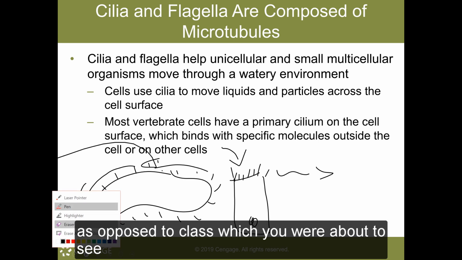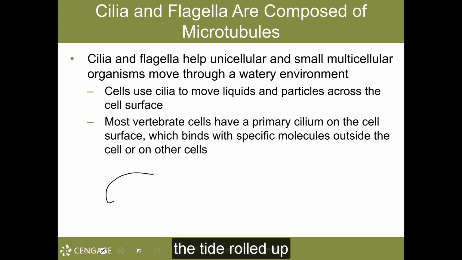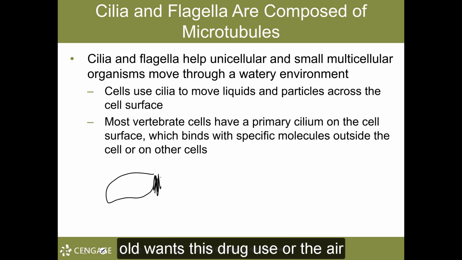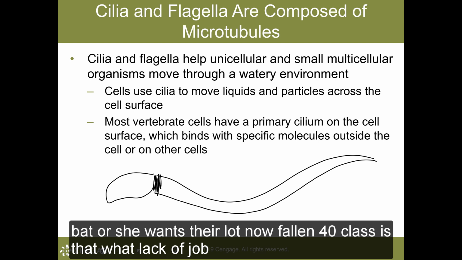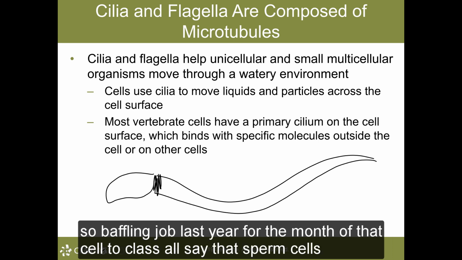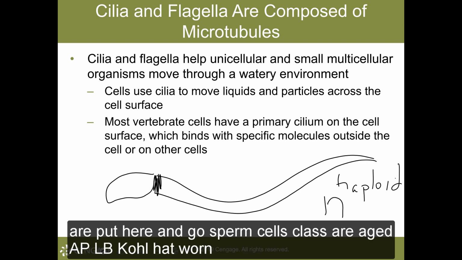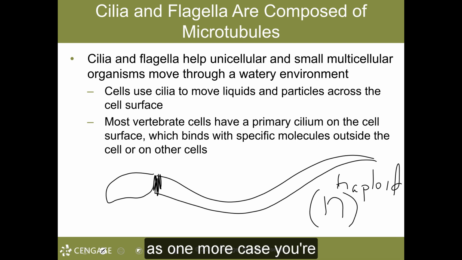As opposed to what you are about to see when I draw the flagellum. So let's just draw this portion that's here, that portion that's there, and that portion that's there. So what I've now drawn for you, class, is that whip-like flagellum. That flagellum is there for the movement of that cell, in particular that sperm cell. Sperm cells are haploid. That's a lowercase n, meaning it has 23 chromosomes, meaning one complete set of chromosomes instead of two complete sets. Hence, that cell is haploid.